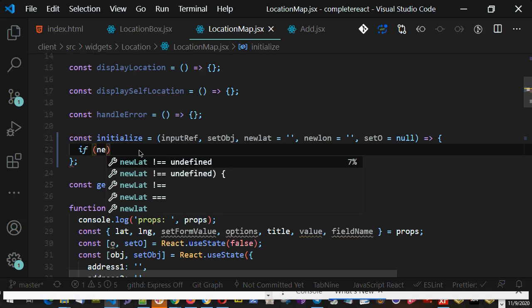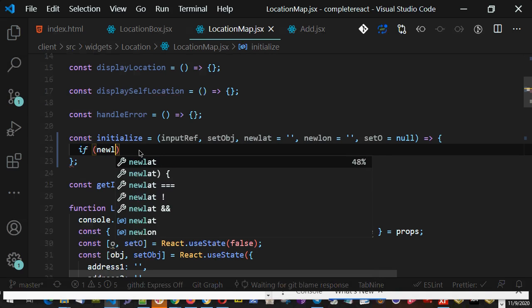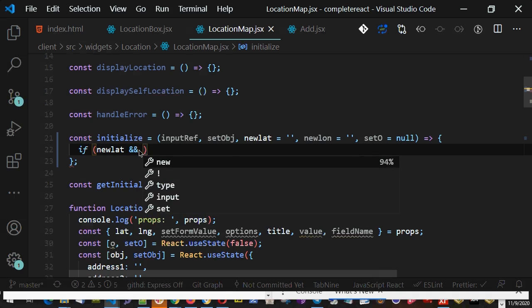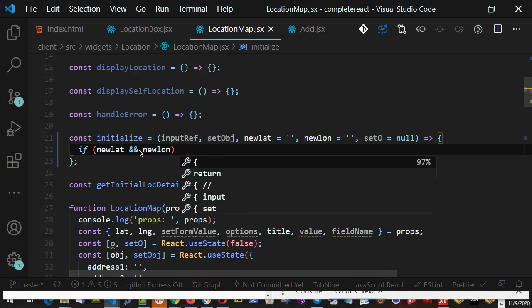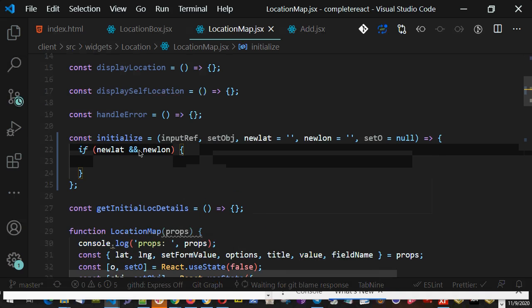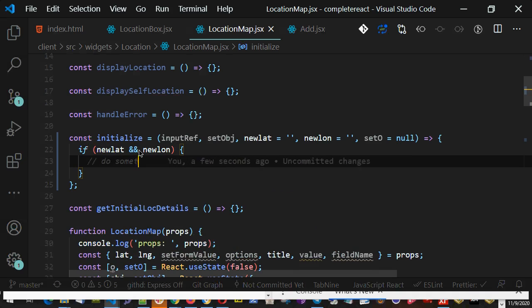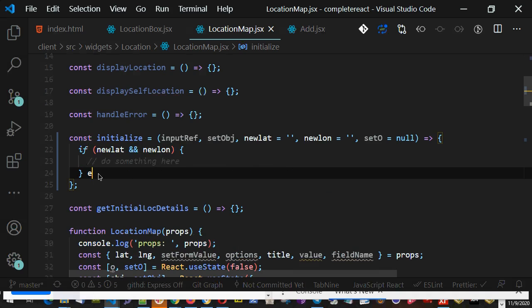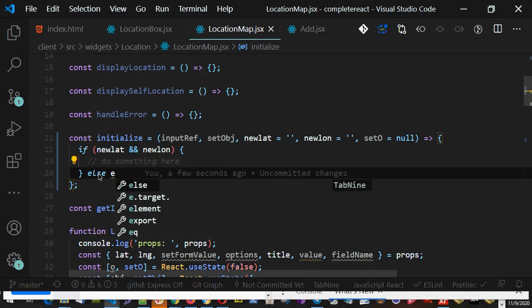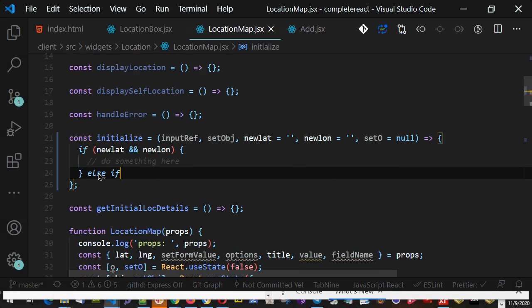So if I have a new latitude and new longitude, if I have these two, I do something here. And if I don't pass, then I will check